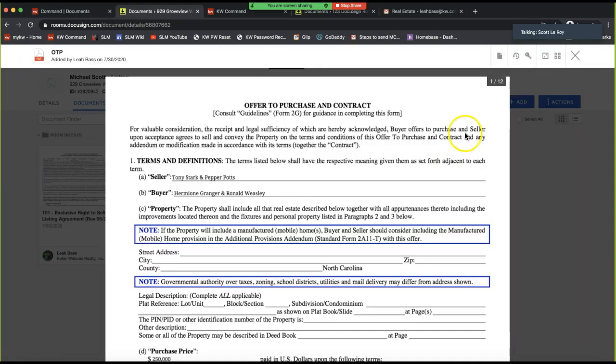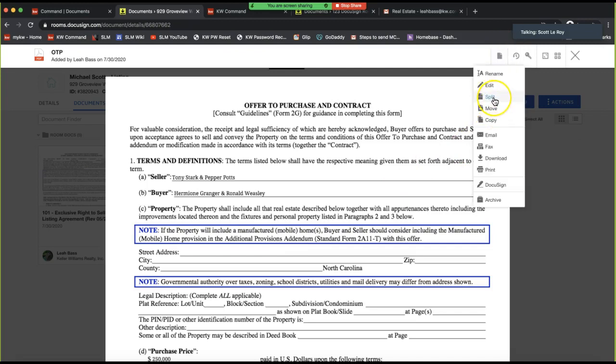But in order to use the split feature, click on the PDF to open that. It only works for PDFs, so you will not see this feature if the form is fillable. So if I click split,